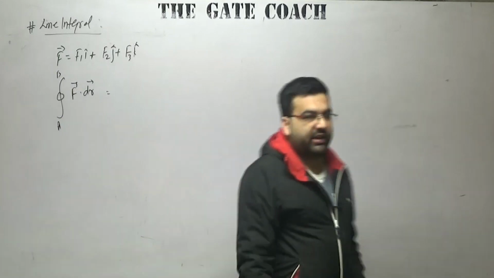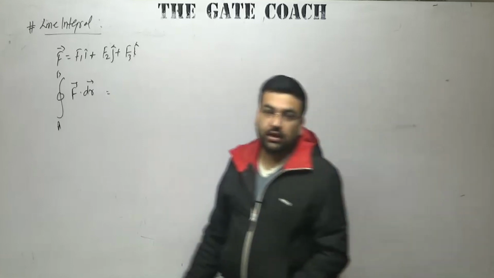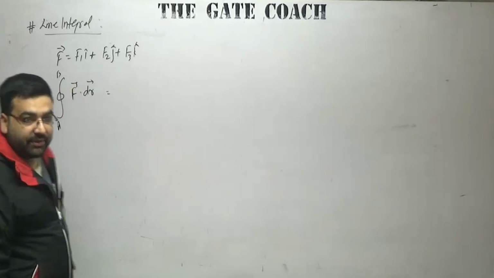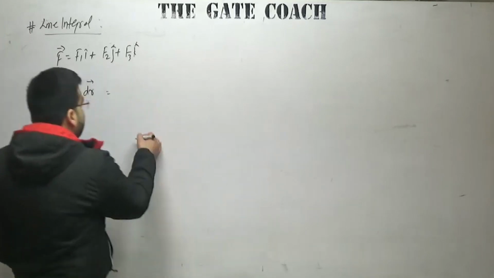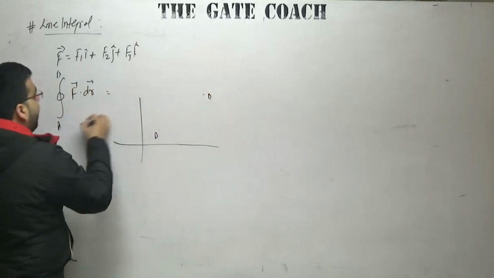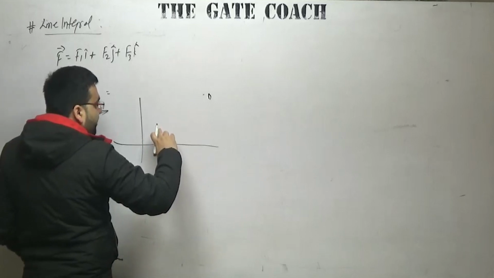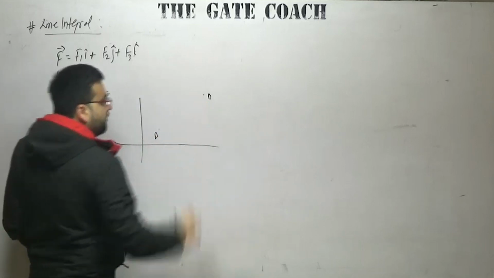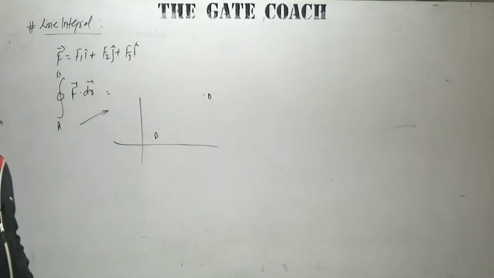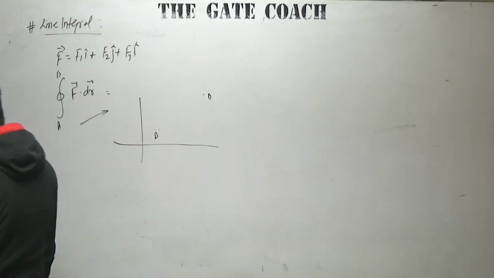Now what is the meaning of line integral? Line integral basically tells you how much work has been done to take this vector f from a to b. For example, this is the Cartesian coordinate, this is my point a, this is my point b, and this is some vector f. So how much work has been done by me to take this from a to position b in this particular vector field, that is the physical significance of the line integral. In the line integral, we also solved some questions.